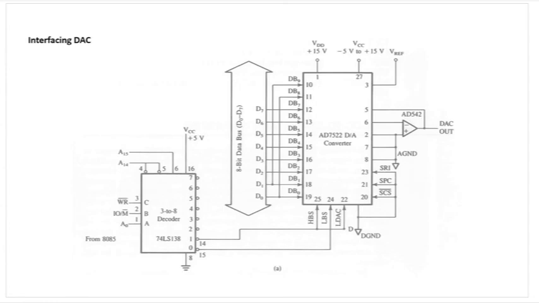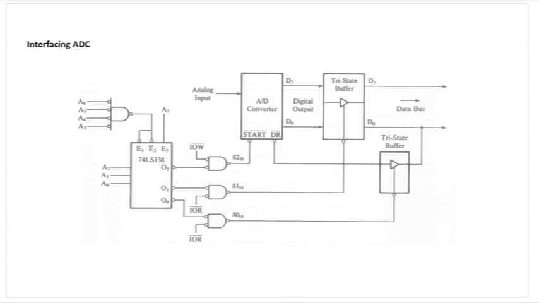You have studied different DACs like R-2R, and you have also studied ADCs like the successive approximation method. Again, using decoders and different gates, you'll be interfacing different types of DACs with the microprocessor for receiving the data from the data bus. Similarly, you can interface the ADC. ADC will be used for receiving the data. You may have an analog input that will be converted to a digital output, and that digital output has to be fed to the